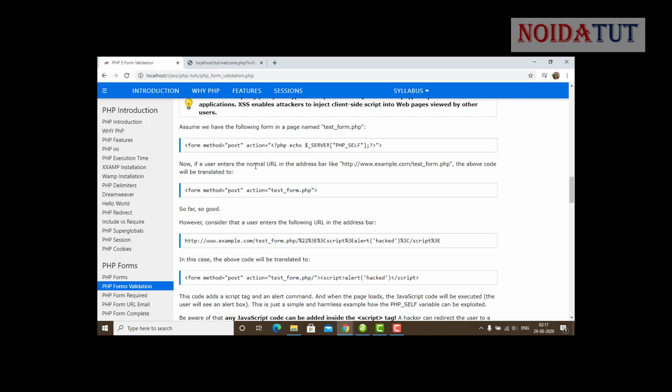If a user enters a normal URL in the address bar, the above code will be transferred to the same page. So far so good. However, consider that a user enters the following URL in the address bar.